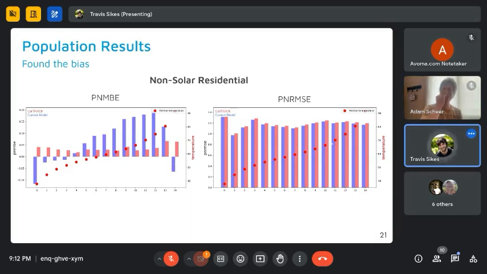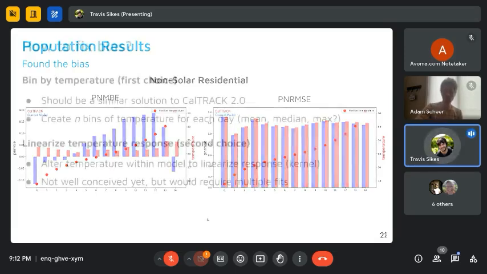And again, the PNR-MSE is lower in every case on this plot. So at this point, I think I've made it clear that we have some kind of a bias problem in our current model. So the next question is, how do we fix that?